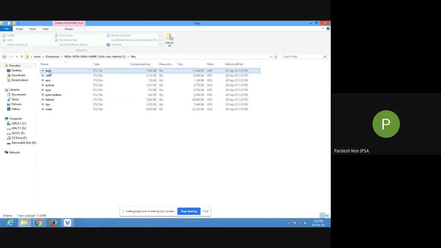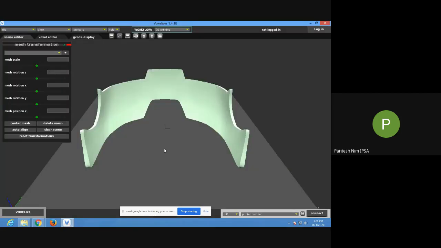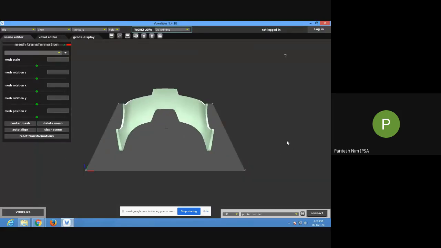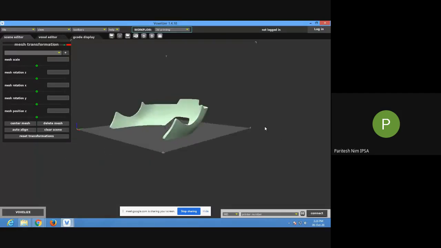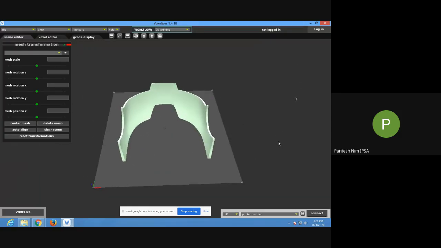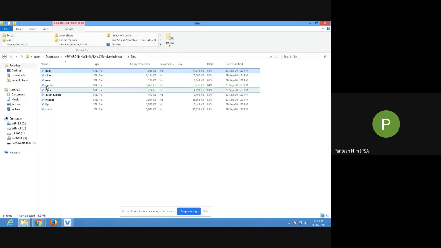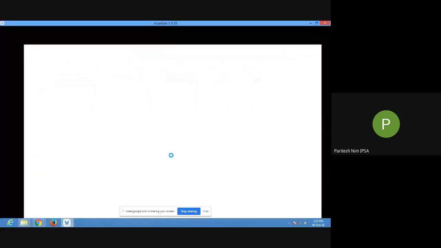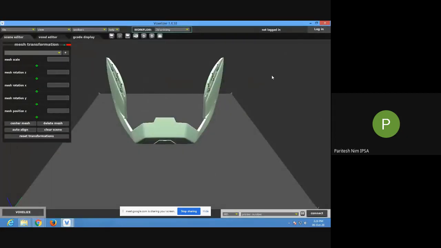Suppose I open the back file. It will open in this format in Voxelizer. This is the back of Iron Man. I will close it. Then chin. This is the chin.